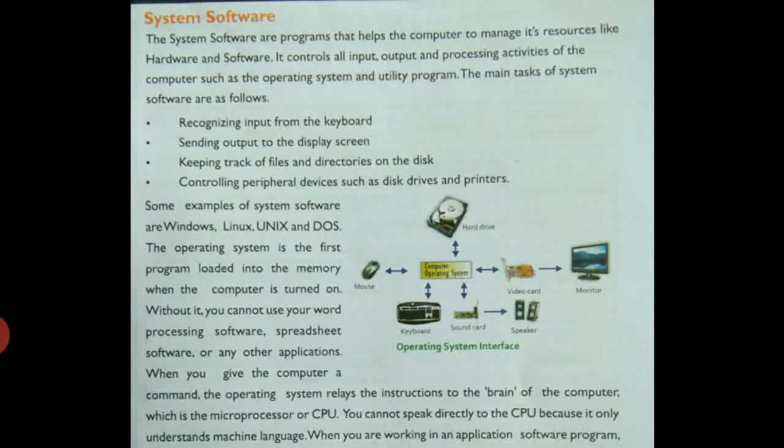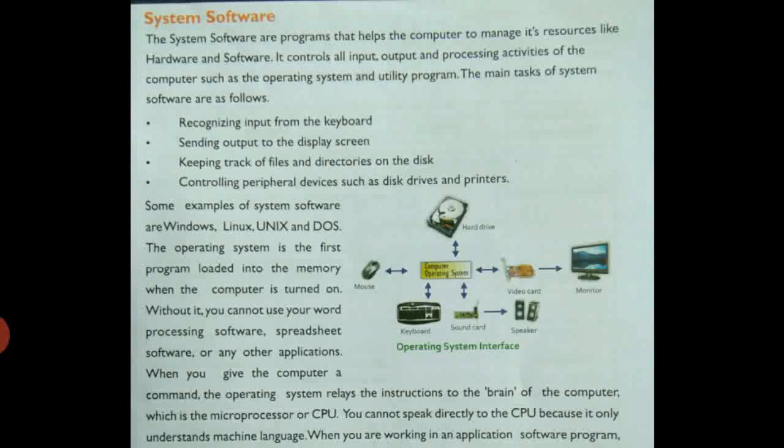After receiving the input and processing it, the system will send the proper output on the display screen. Third, keeping track of files and directories on the disk. It also helps the user by keeping track of all the files and directories on the disk or drive.